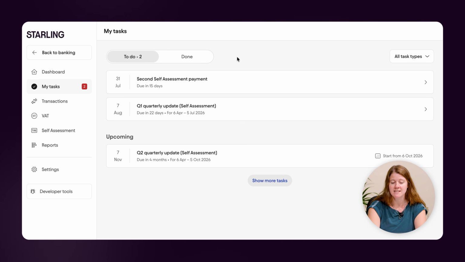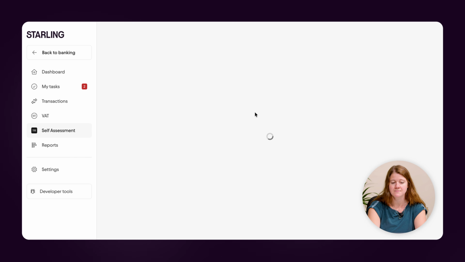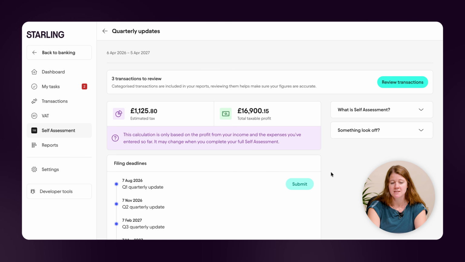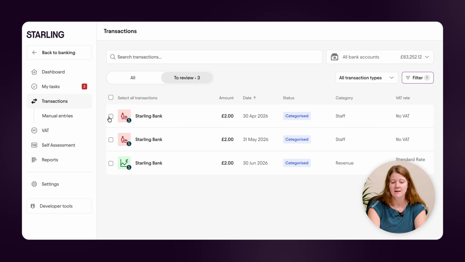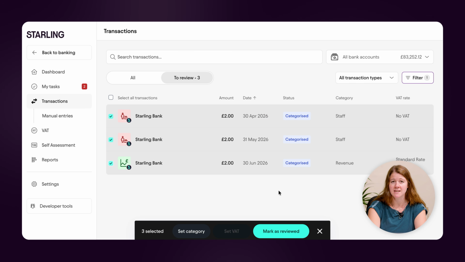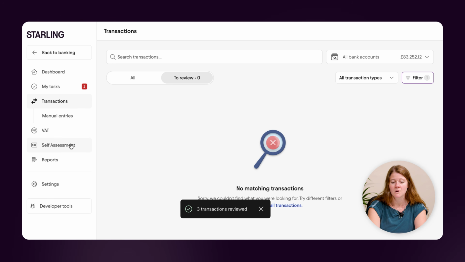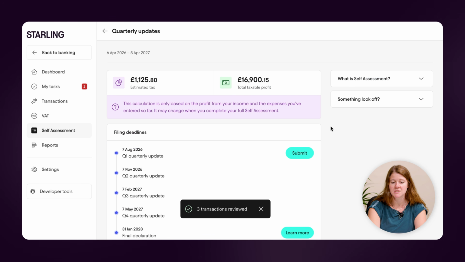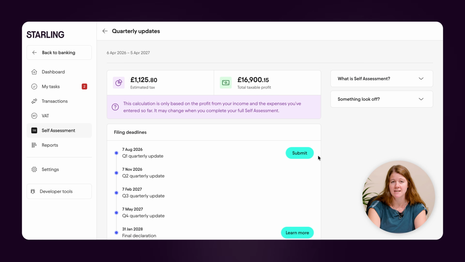Just tap on any of these to jump straight into your report. Before you can submit a report, you'll just need to make sure you've reviewed all your transactions for that period. Think of it as a quick check to ensure everything is categorised correctly. Once that's done, and you're within the submission date window, the Submit button will light up and be ready to